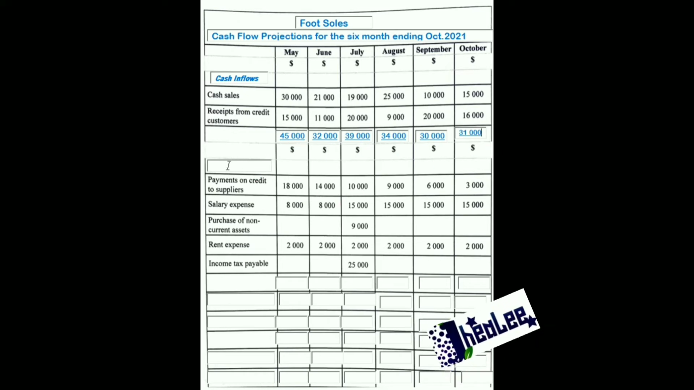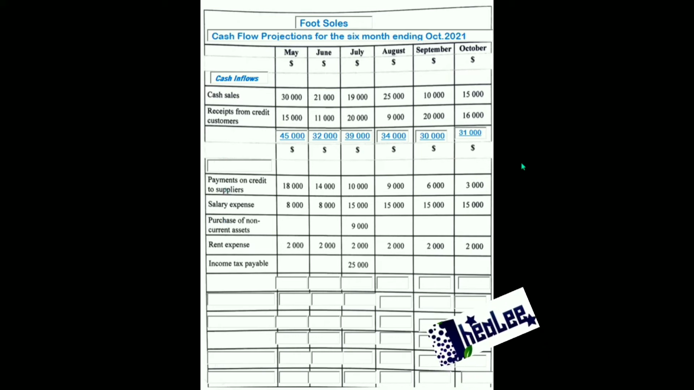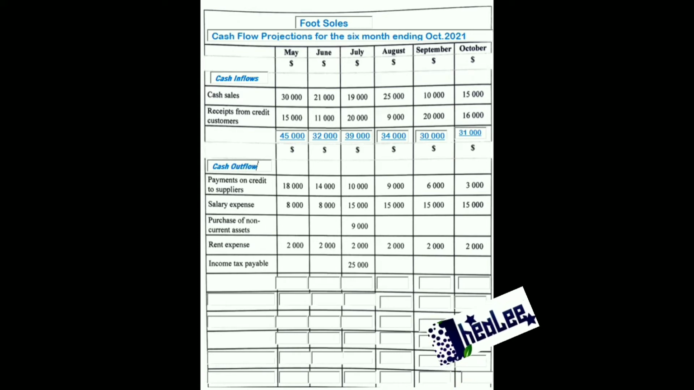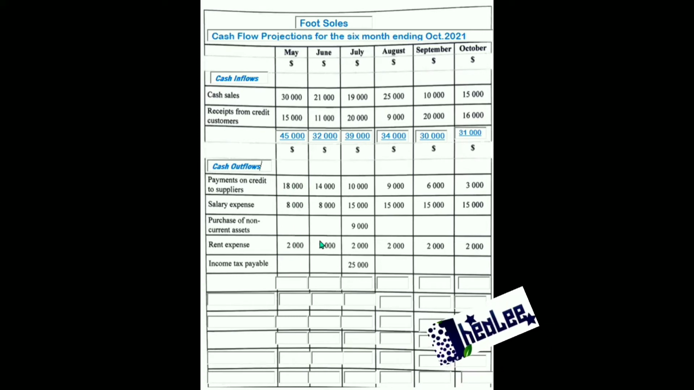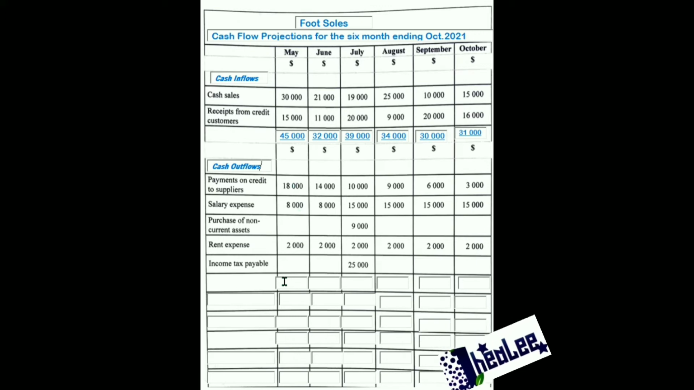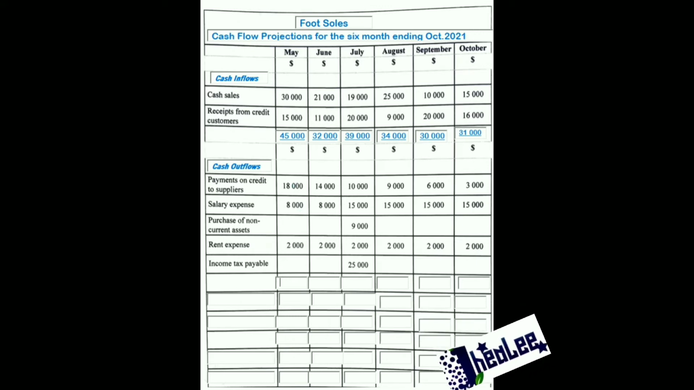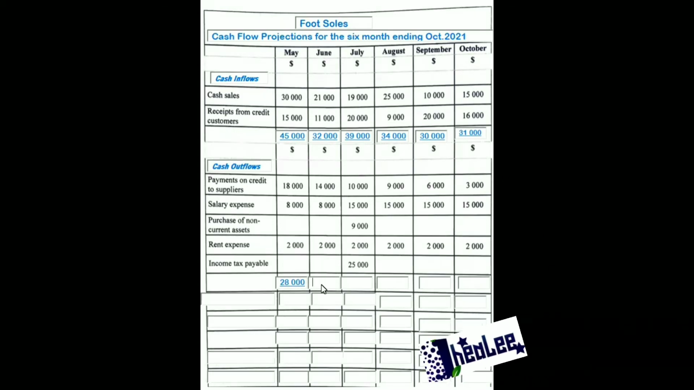We are now going to move into the next section, and the title of this section is cash outflows, or you could call that payments. Now, we're going to total the outflows for each month. The first month there, which is May, we have a total of $28,000. For June, we have a total of 24,000. For July, that is a total of